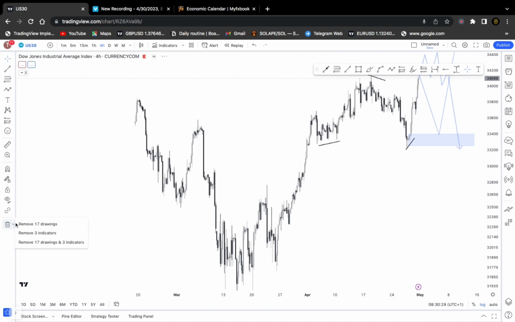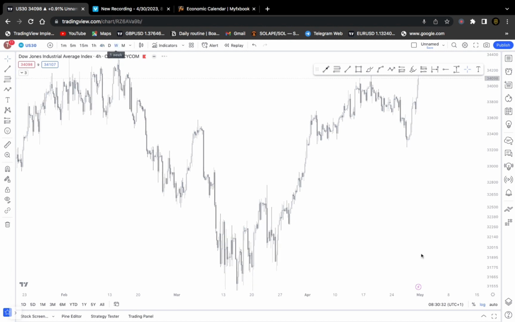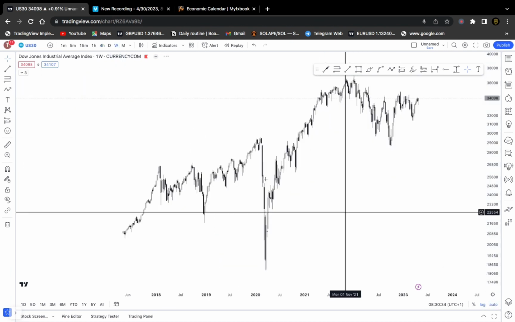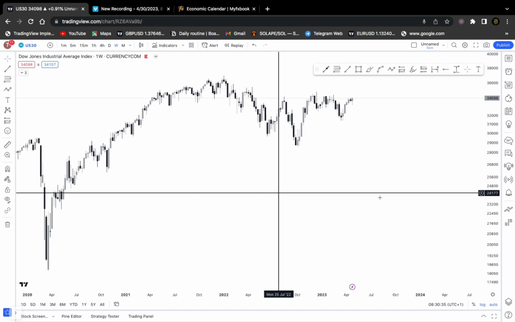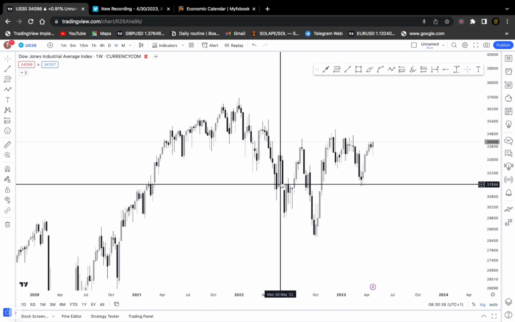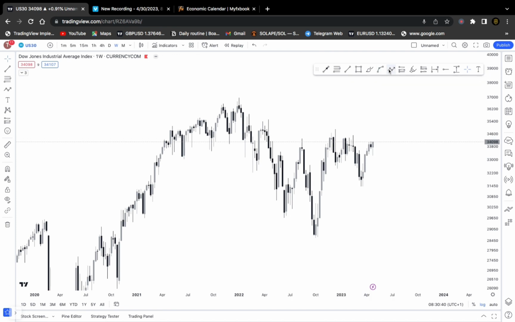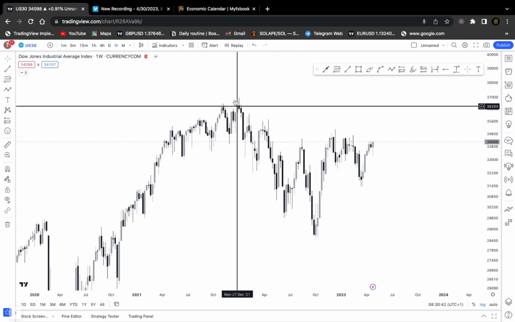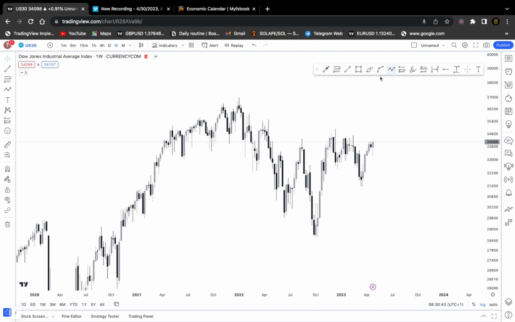On US30, I have some analysis on it, probability and everything. So on our weekly time frame, as always, starting from the weekly time frame, we have, should I say, a consolidating market? Yeah, we had a bearish market, we had a bearish trend from that. On the weekly time frame we see the market create some shares of